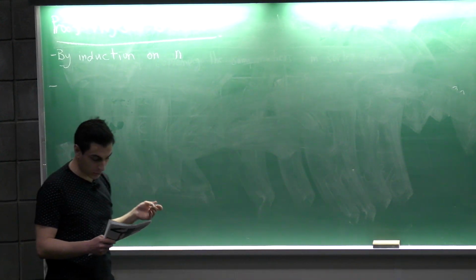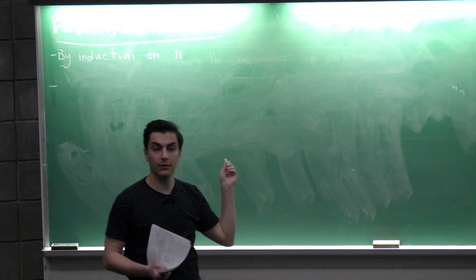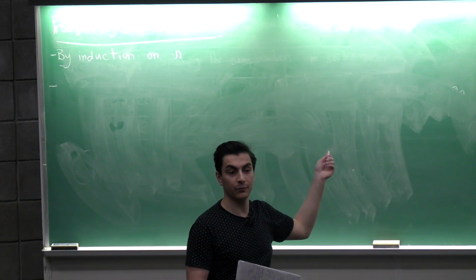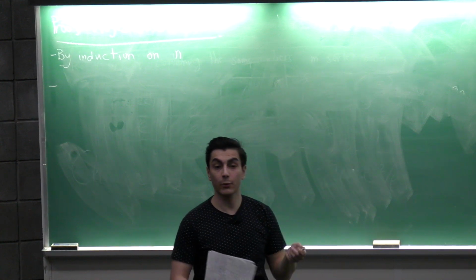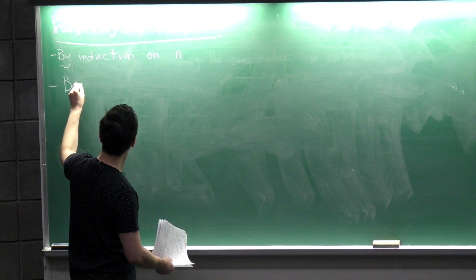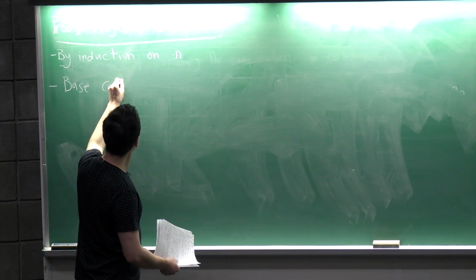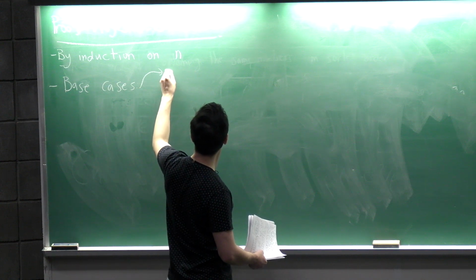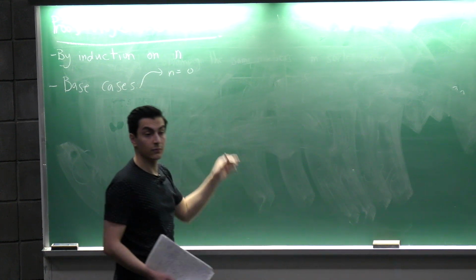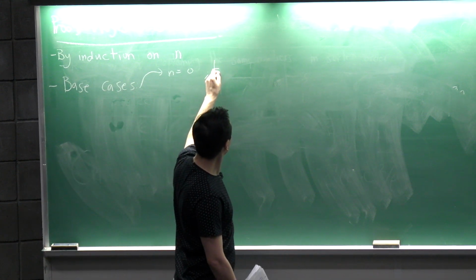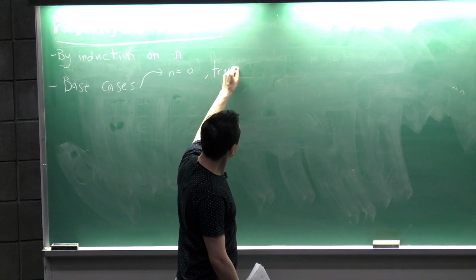So what should we do first? What do we do whenever we have an induction proof? Base case. We go for the base case. So let's do the base cases. Base cases. So first one we have is n equals 0. So we have a list of no elements. So this is trivially,